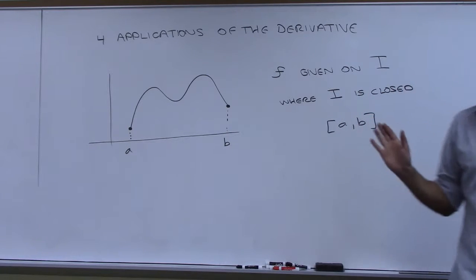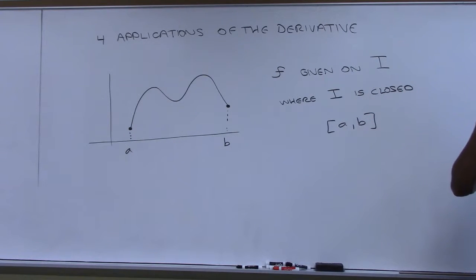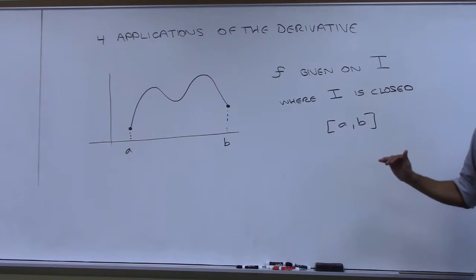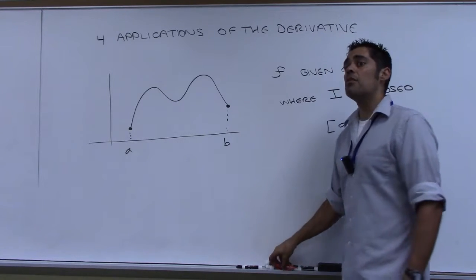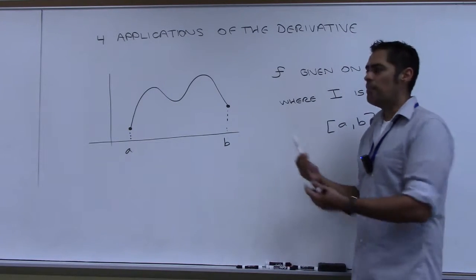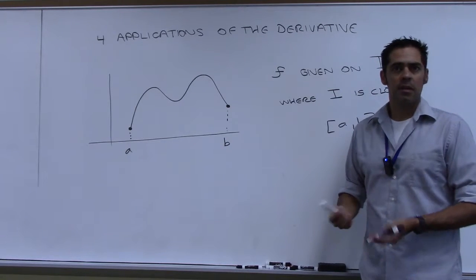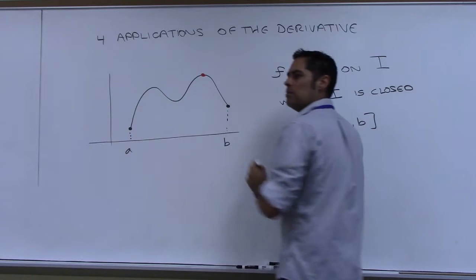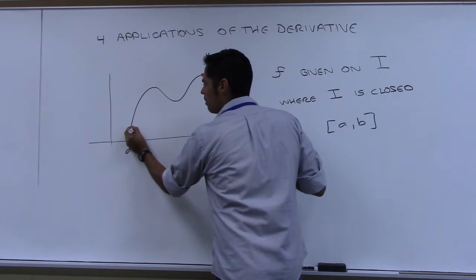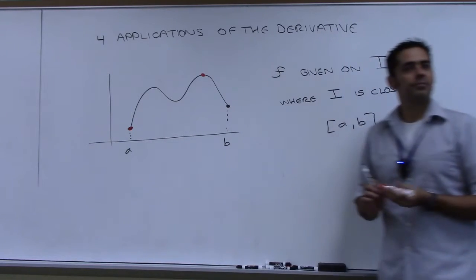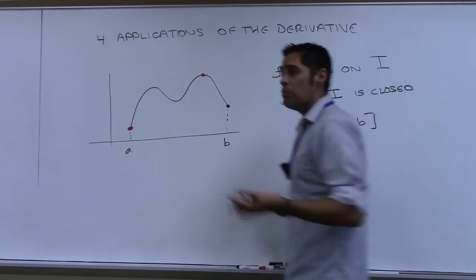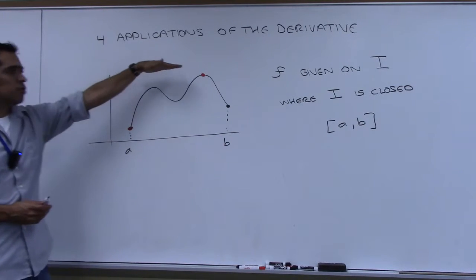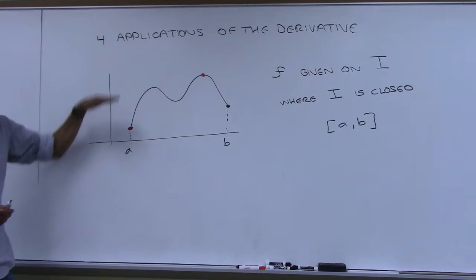If it's a continuous function, then would you agree that it should have a highest value and a lowest value? It should have some point that is higher than every other point on the graph, and some point that's lower than any other point on the graph. In this particular case, it looks like maybe this would be the highest point, and this over here would be your lowest point, right? And the question for us is, can we figure out where these happen? Can we actually determine where the function is the highest and where it is the lowest, right?